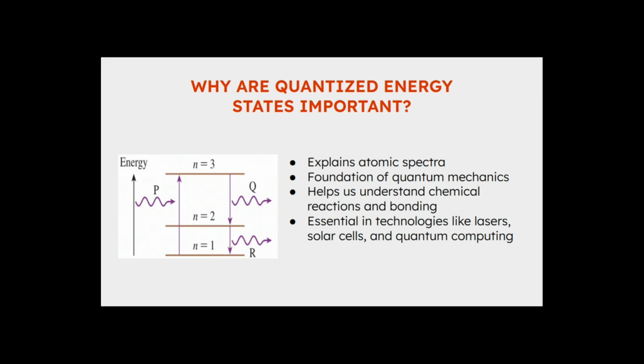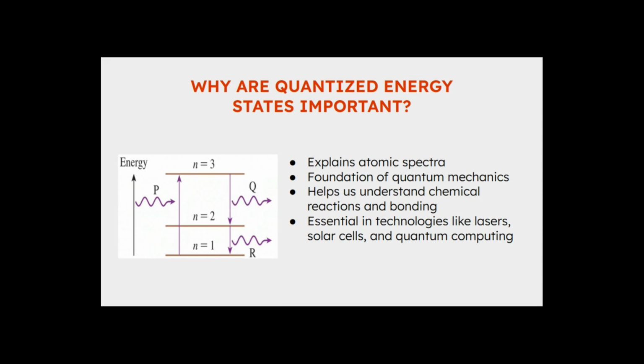For example, why fireworks explode. The different colors come from electrons jumping between energy levels. And this is not just theory, it has real-world impact. This concept is the foundation behind lasers, solar panels,